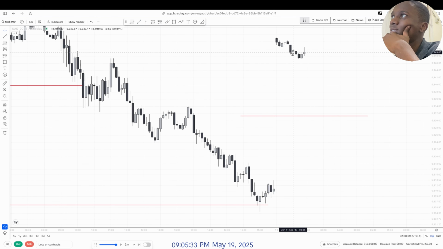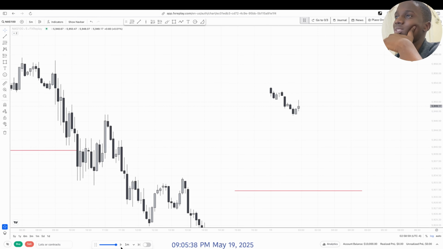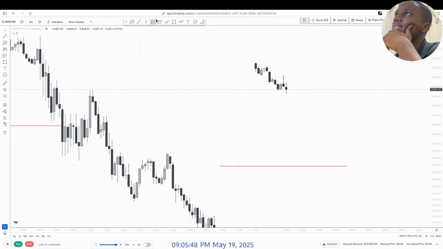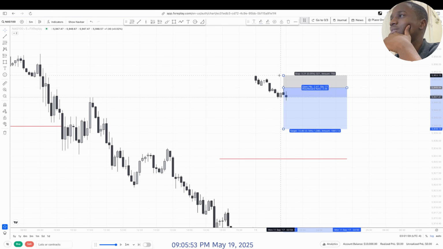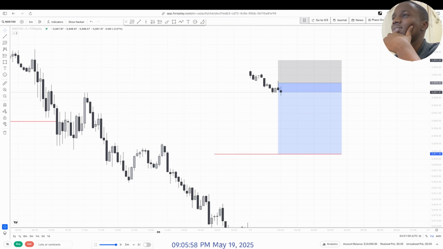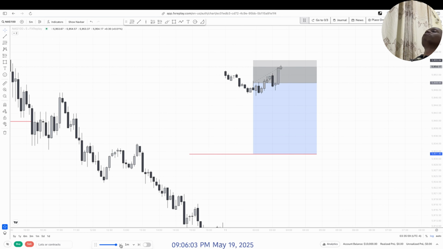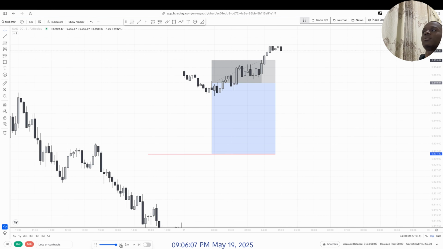Okay, you can see fair value gap retested. Should we sell? I don't know. We can target this consequent encroachment since it coincides with a good inverse fair value gap. So if I were to trade in London, then this will be my entry. But I don't really like to trade in London though. It provides some kind of manipulation. You can see, as we would expect.